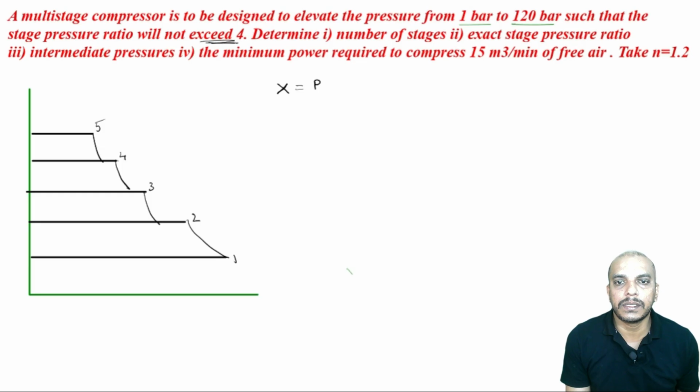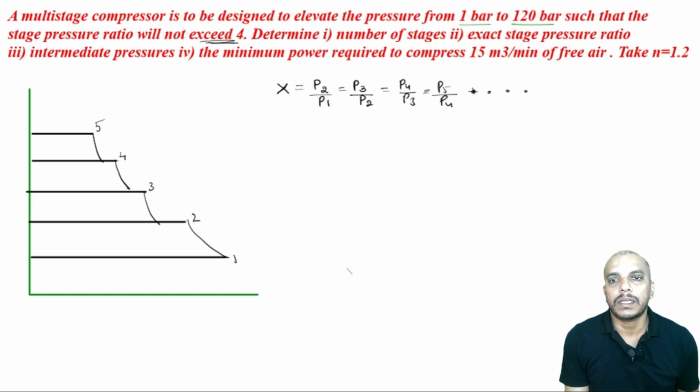For this diagram we can say that P2 by P1 is equal to P3 by P2, is equal to P4 by P3, P5 by P4, like that, and so on. That is what is pressure ratio, and this should not exceed the value 4. And initial pressure is 1 bar, and the delivery pressure